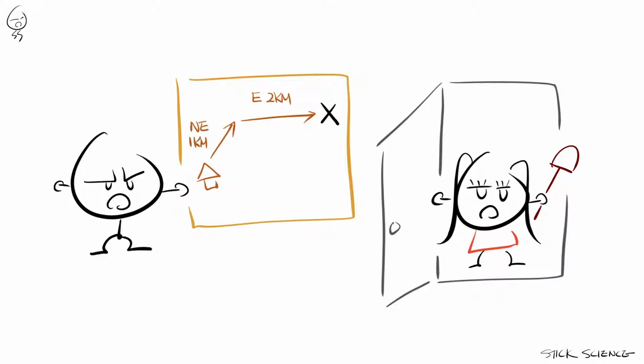So Mr. Stick calms himself down and realizes that if he went straight to the treasure instead of going around like the map says, he could get there before Miss Stick. But what's the exact direction, and for how long should he travel that path? Mr. Stick quickly figures out he needs help and calls Professor Stick.